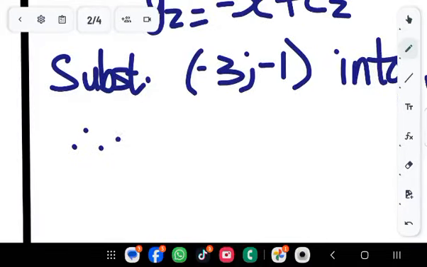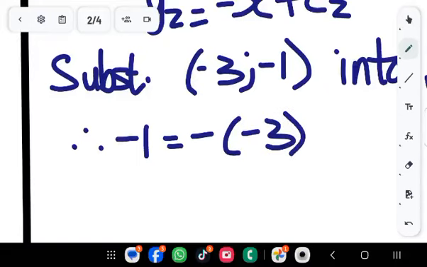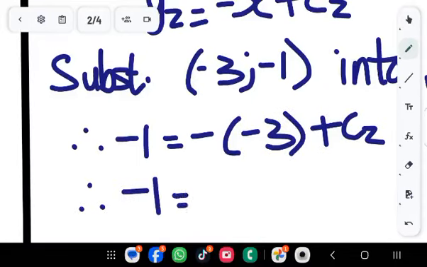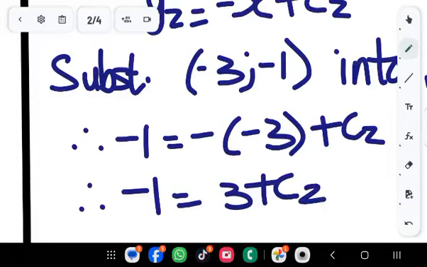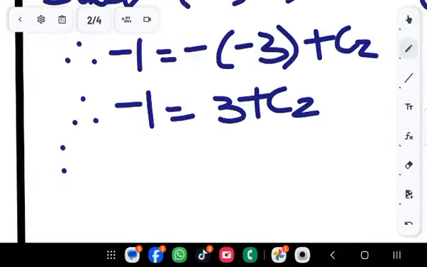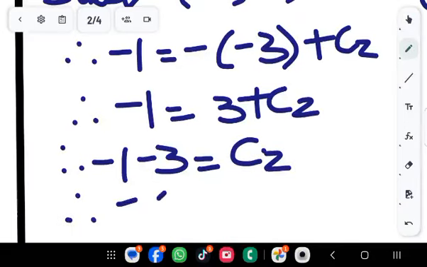Therefore, where y is, we put negative 1, and where x is, we put negative 3, plus c2. Clean it up. Take the 3 to the left-hand side. Therefore,